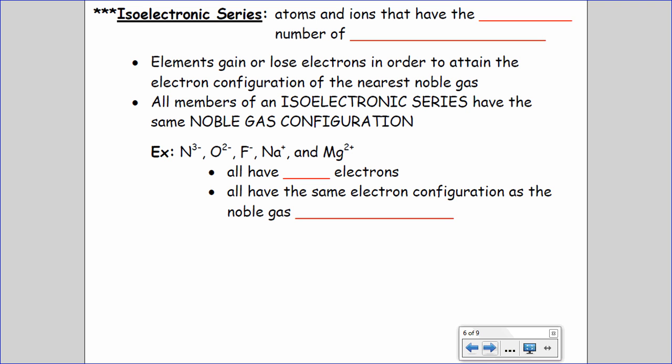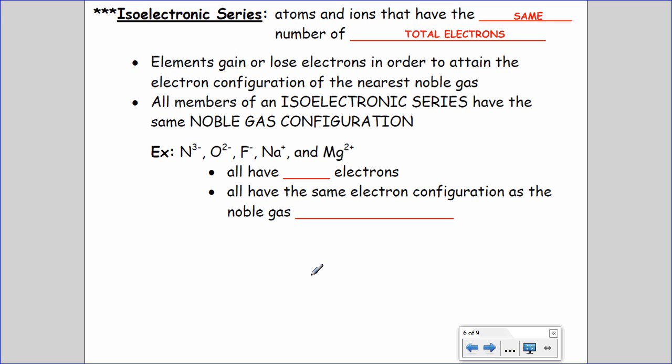The isoelectronic series is something new to you. Atoms and ions that have the same number of total electrons. Elements gain or lose electrons in order to attain the electron configuration of the nearest noble gas. We call it the noble gas configuration. All members of an isoelectronic series have the same noble gas configuration. For example, N3-, O2-, F-, Na+, and Mg2+ all have,